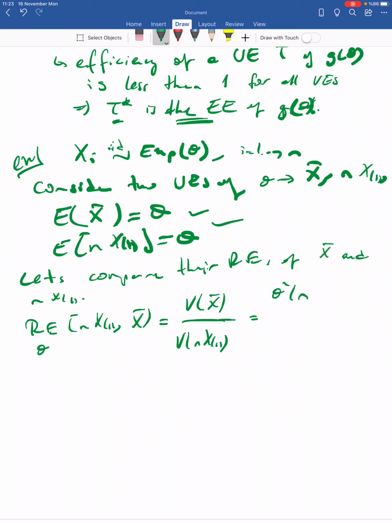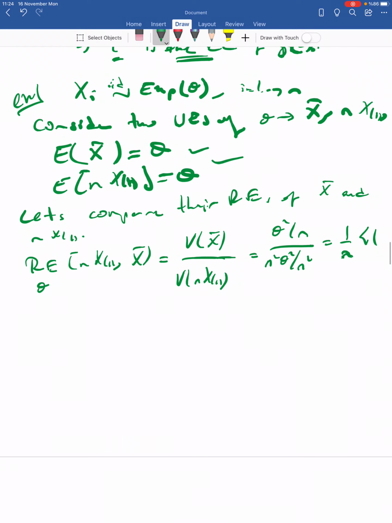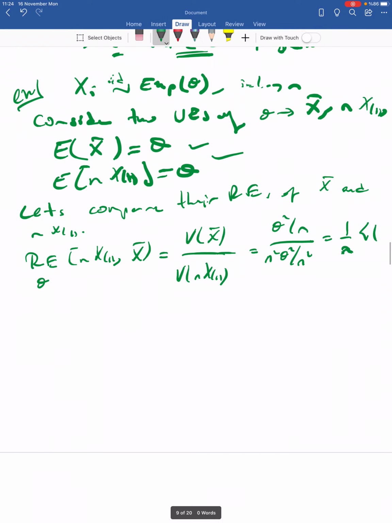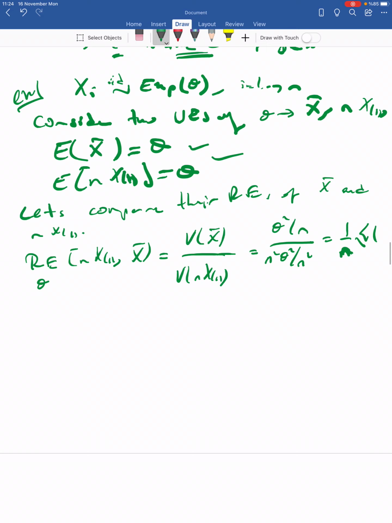So this is theta square over n. When you calculate, you will see that it is n square theta square over n square. So we will obtain 1 over n, which is less than 1. Because n is the sample size, it should be greater than or equal to 1. Let's put an equal sign for the n equals 1 case. So this means that since